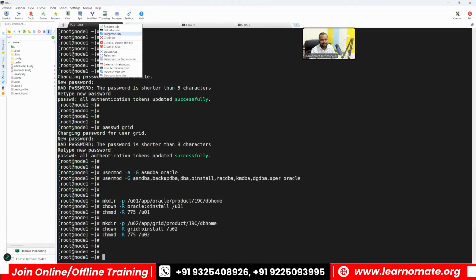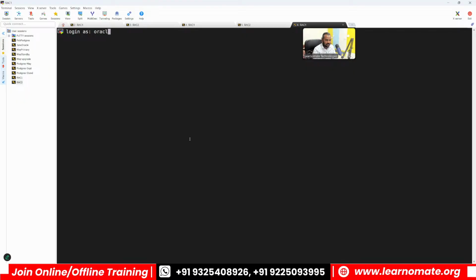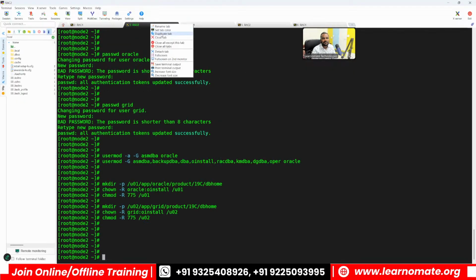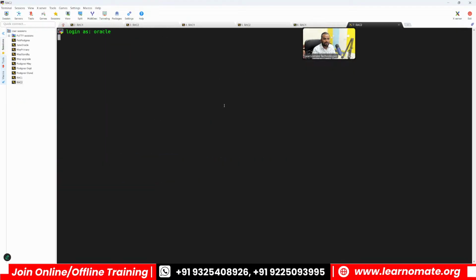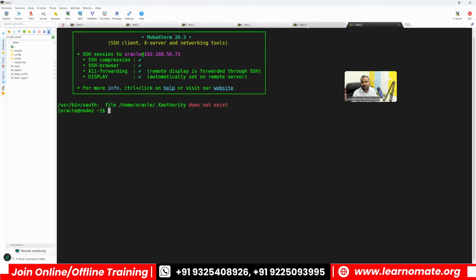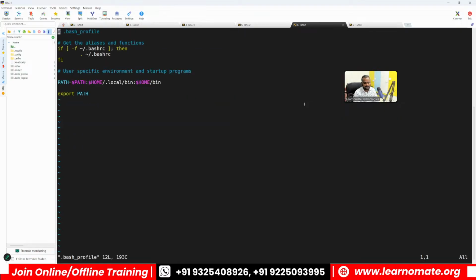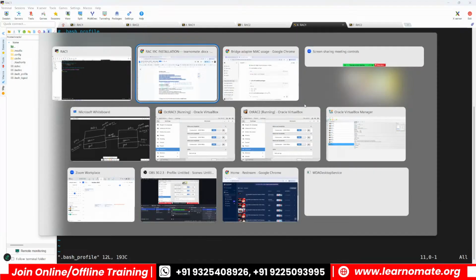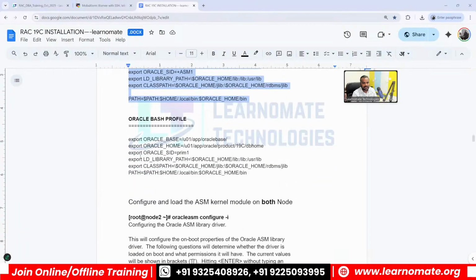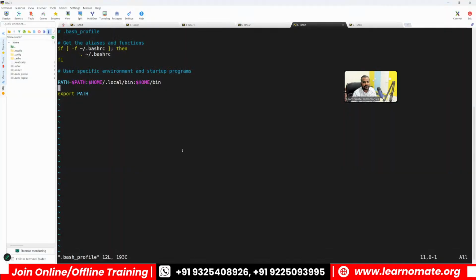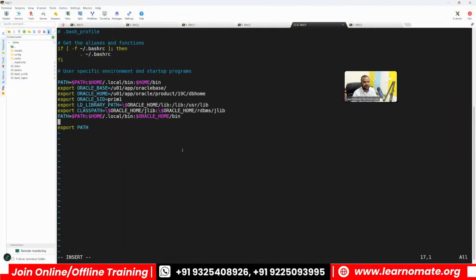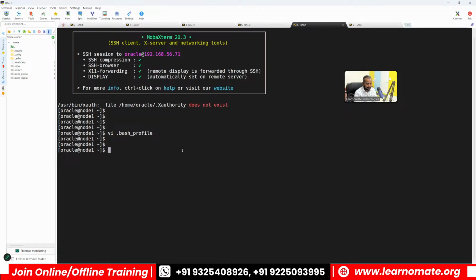I'm going to create a bash profile for which user now? For the database user, which is my Oracle user. So again, I'm logging in with Oracle. It is not asking me for a password because, as I said earlier, my password is already available in the master password of this MobaXterm. Here I will mention my Oracle home and Oracle SID. So I am going to create a database with the name Prime. There are 2 instances which will be created, Prime1 and Prime2. So that Oracle home and Oracle SID I am mentioning here,